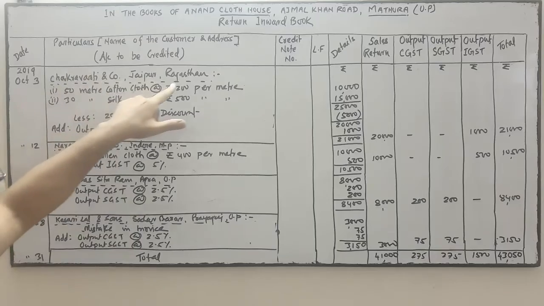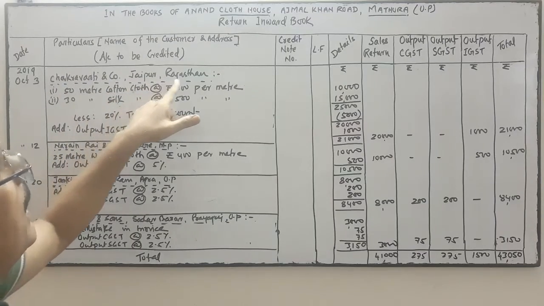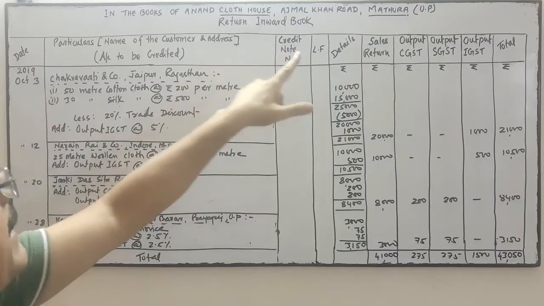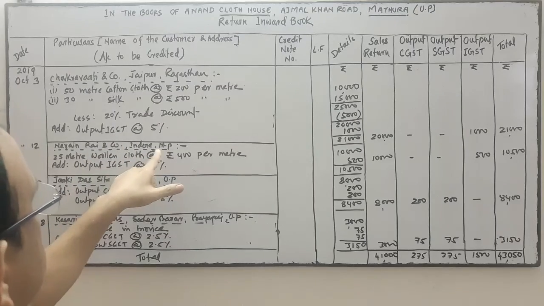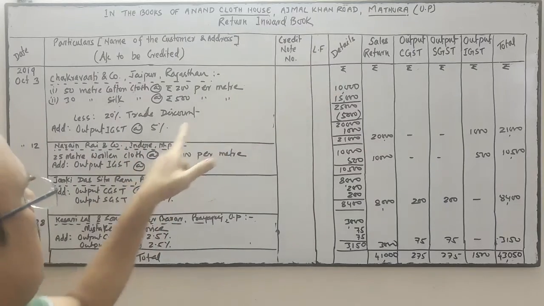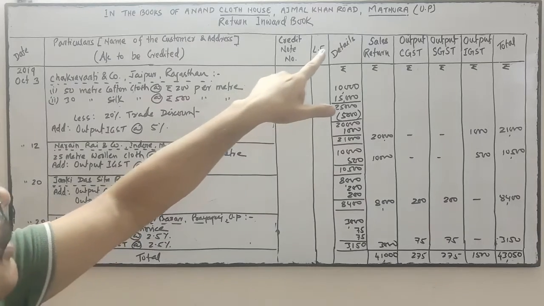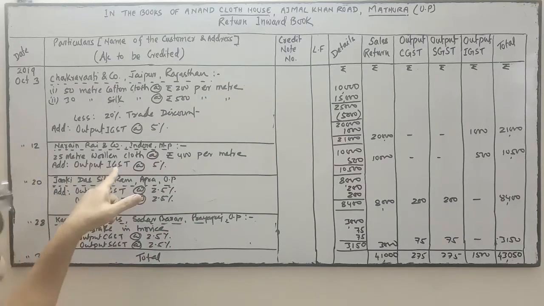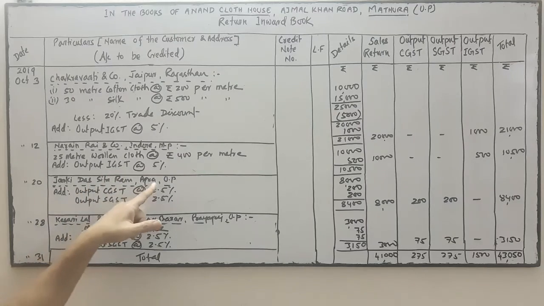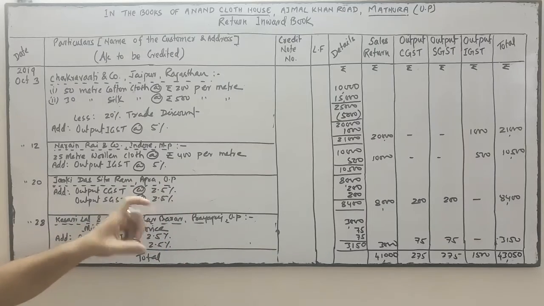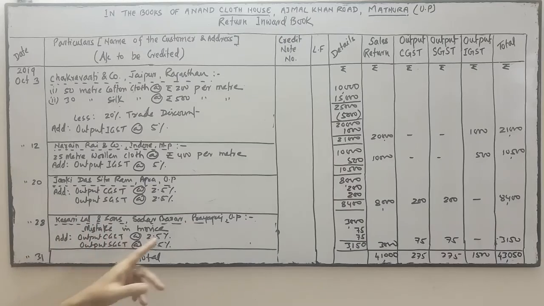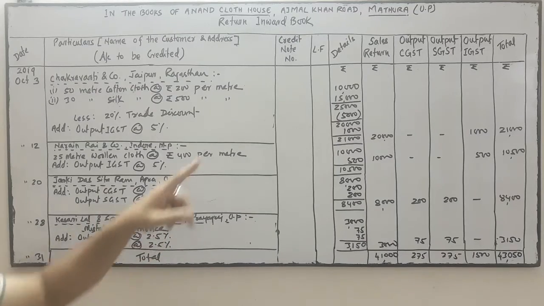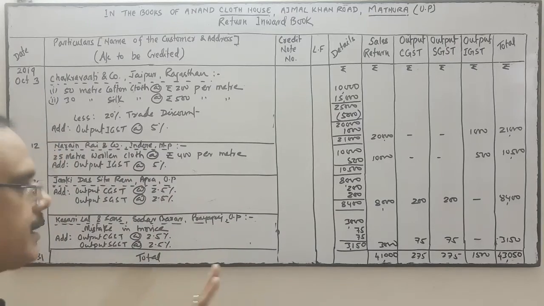So the first one is Rajasthan. The customer is from Rajasthan and the seller from Mathura. It's an interstate sale, so that's why I have calculated output IGST. Here also in the second, MP, Indore and Mathura. Customer is from Indore and seller is from Mathura, interstate. That's why I also calculated IGST. Here it is Agra UP and Mathura UP, both intra-state, within the same state. That's why output CGST and output SGST. Here also Prayagraj UP and Mathura UP are in the same state. That's why output CGST and output SGST is calculated.